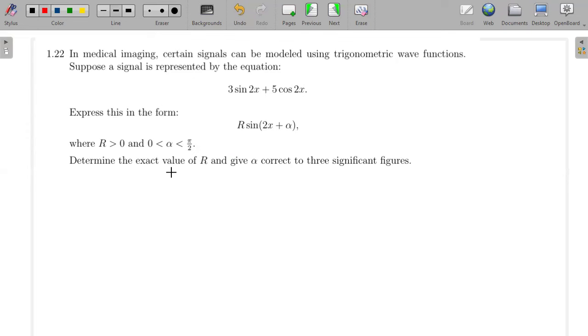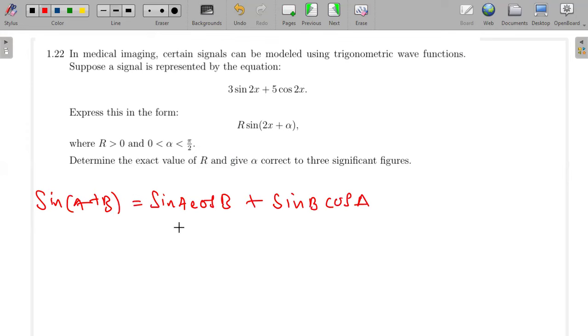So how are we going to do that? We're going to take advantage of the double angle formula. Remember, if I have sine of A plus B, this will be equal to sine A cos B plus sine B cos A. So we're going to use this to expand this, and then we equate it to this one. So I'm going to say r sine